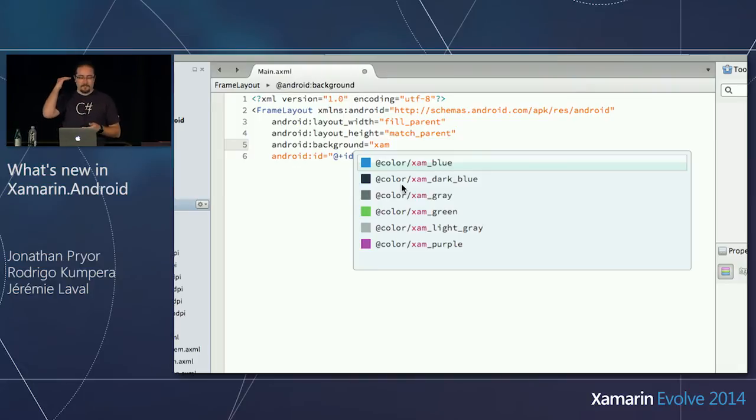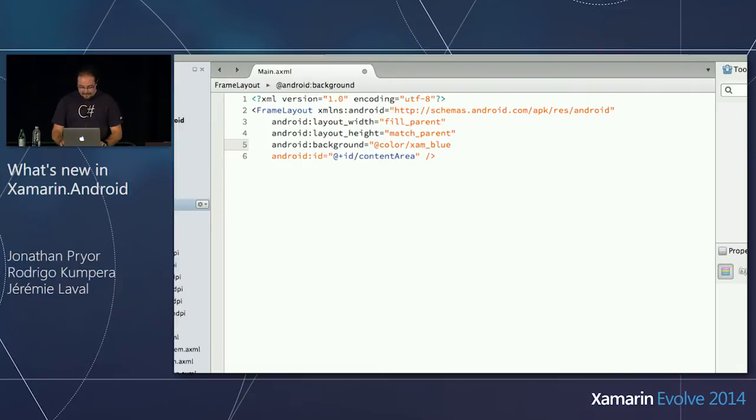And so as you can see, I get a precise preview of what the color is going to be mapped to on the device when you run the application. Here, since the colors are well named, I know that blue is probably going to be some kind of blue. This is not too useful, but often if you use something like a list view item background dark, you probably have no idea what it's going to map to in the end. So if I go ahead and add it here,